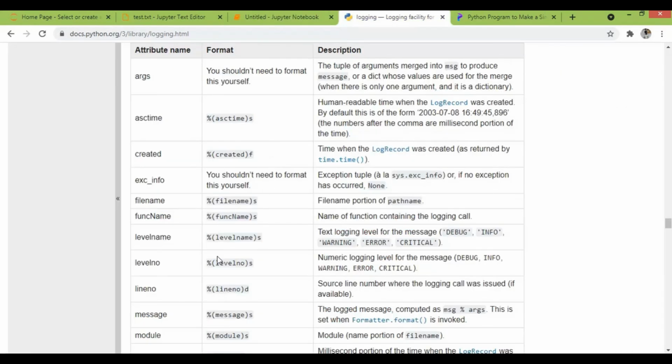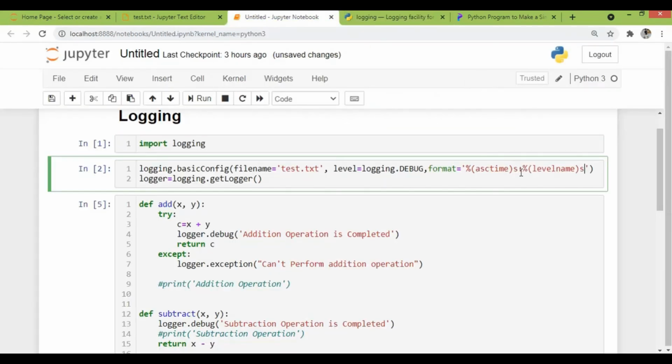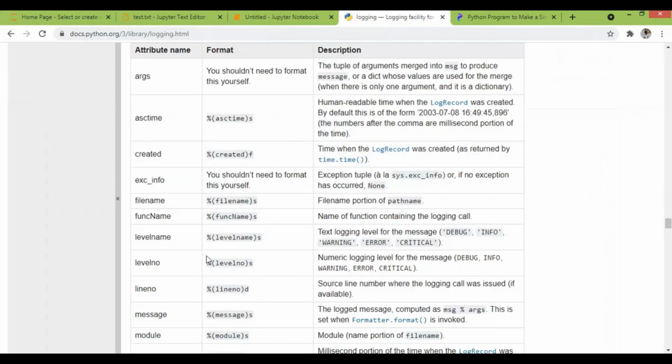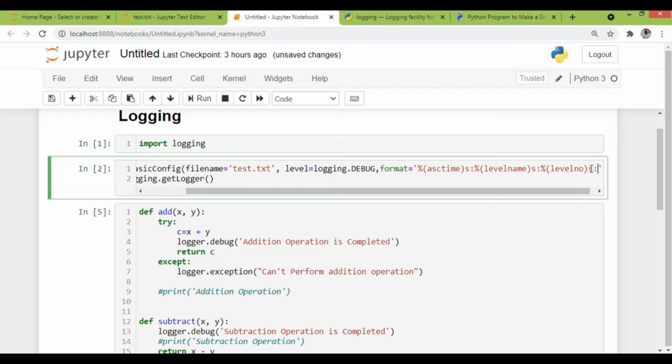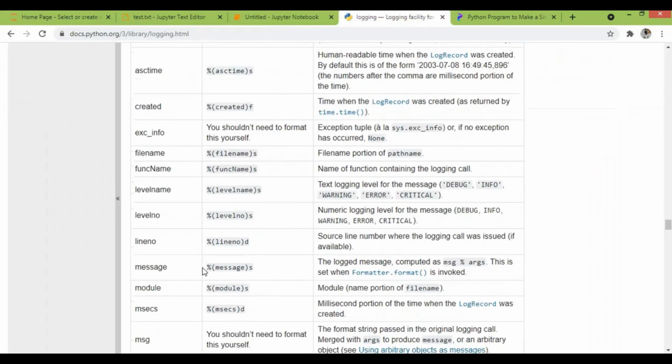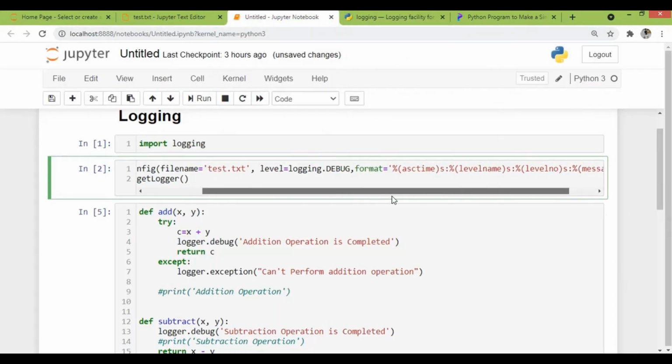Then I just want the level name, so I will copy this. Similarly, I will give another colon and the level number. Then I will give the message. In order to give the message, this is the format we have to use. Now if I run this,